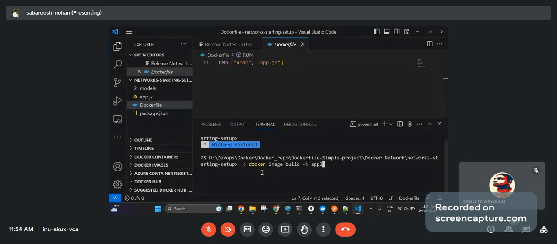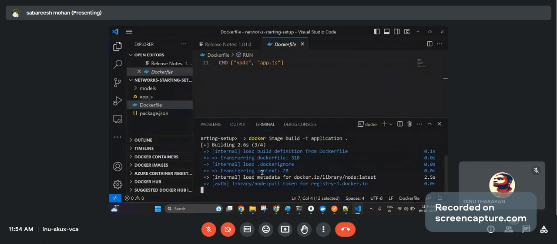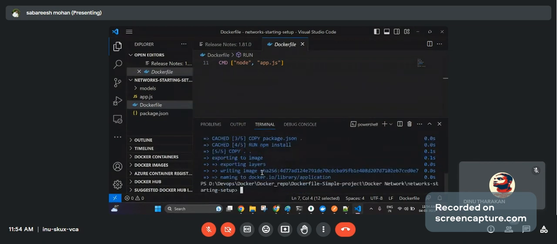We give a name for the application, and since I'm not giving any tag, it will add the latest tag. Now it's building the image, and you can see that it got created.